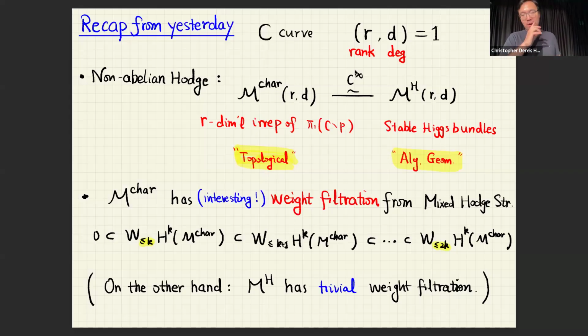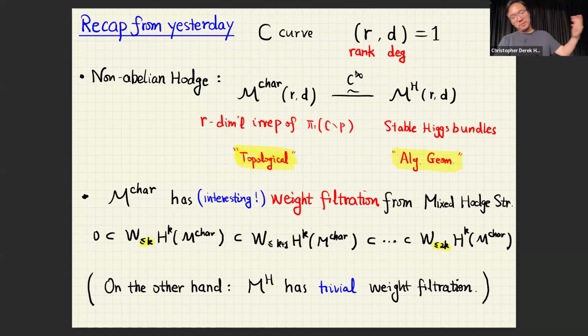One side remark is that because we know by the assumption that R and D are coprime, M car is smooth. But it is smooth and not proper. So we know that the non-trivial part of the weight filtration for HK, the kth cohomology, goes from K to 2K. Every class in HK has weight from K to 2K. You cannot have classes with smaller weights. This is a consequence of the smoothness of the character variety.